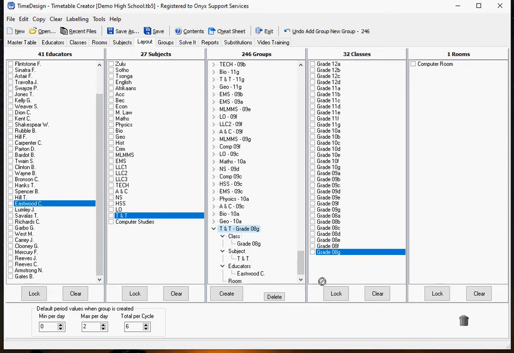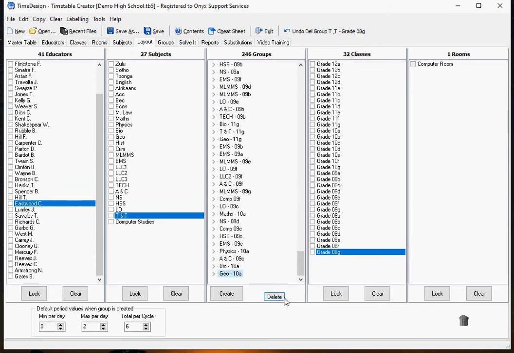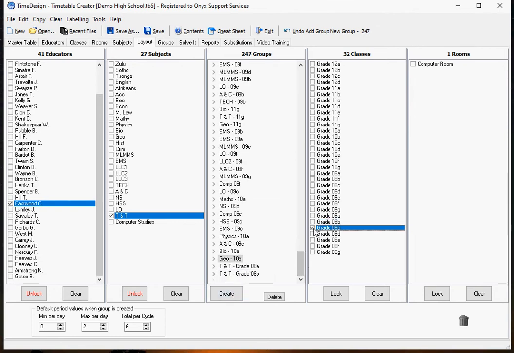If you don't like it, you simply drag it onto the dustbin or select it and choose delete to remove it. If that educator is going to be teaching that subject quite often for all the grades, you can lock them, and then it is simply a matter of selecting the grade, create, select grade, create. The others stay locked in their position, and once that's done, you just simply unlock them. You are able to untick it if you've selected the wrong one, and once you're happy with everything, you move on